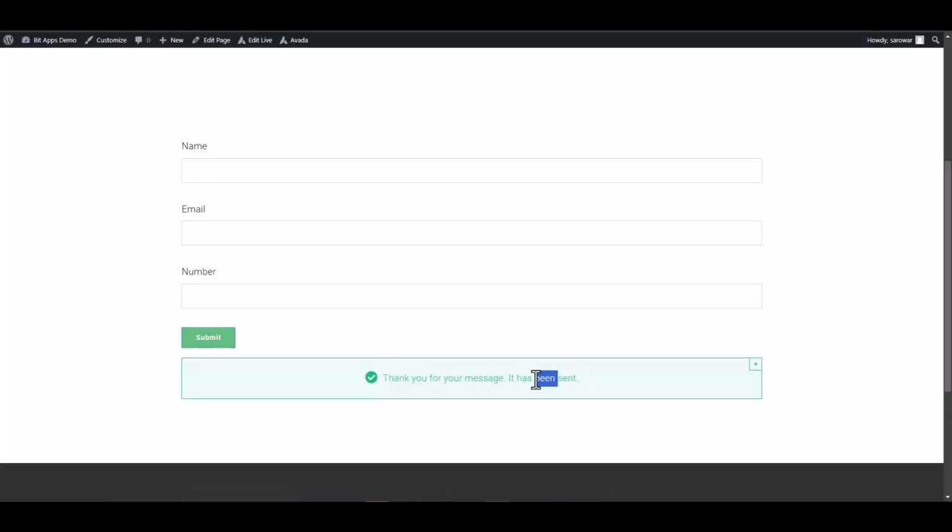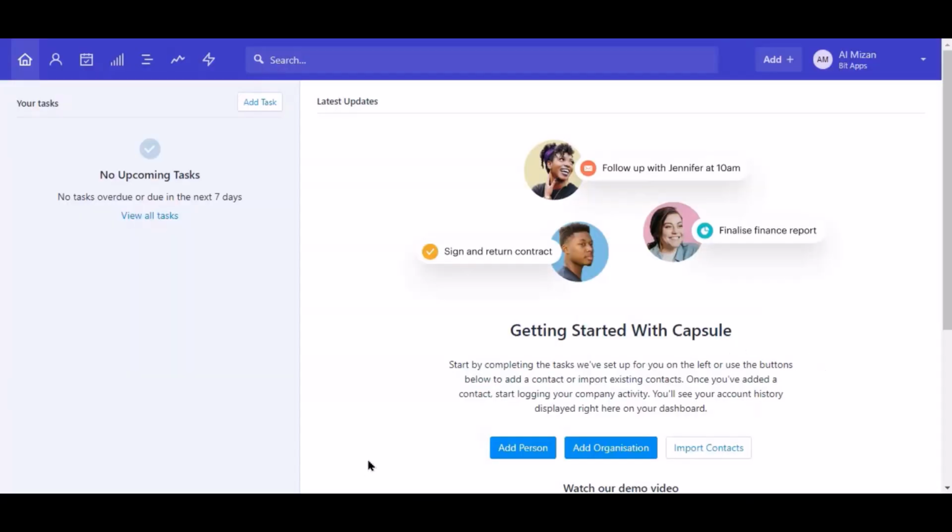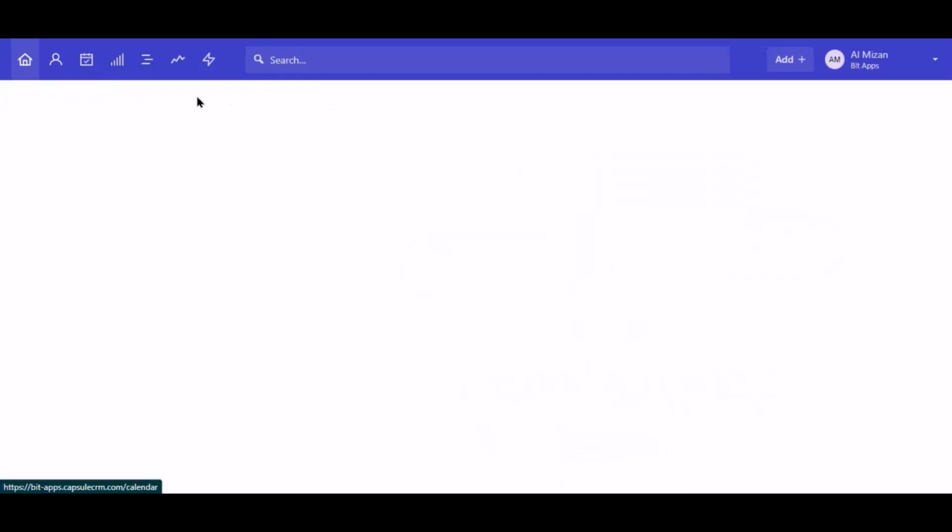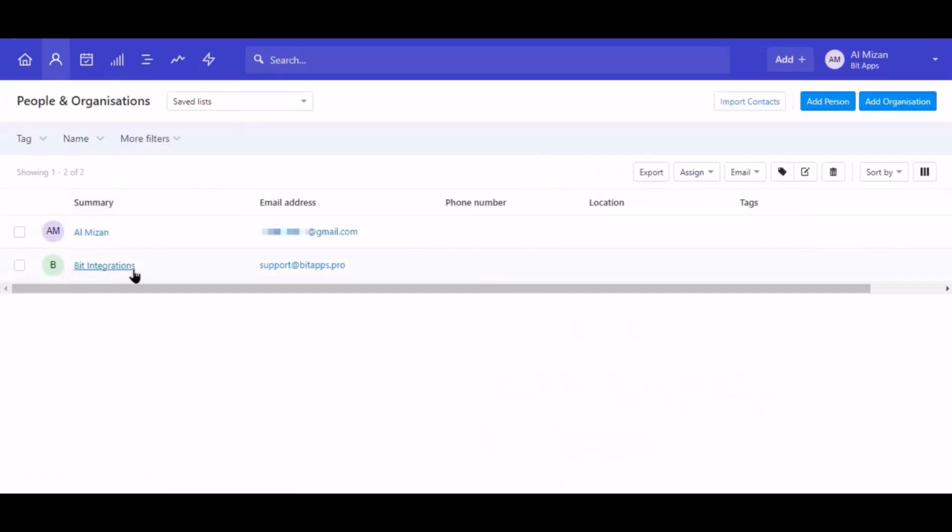Form submitted successfully. Now go to Capsule CRM dashboard and click People and Organization. Here is the data that came into Capsule CRM through the